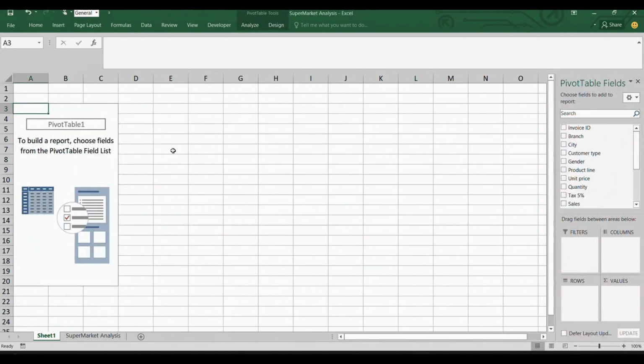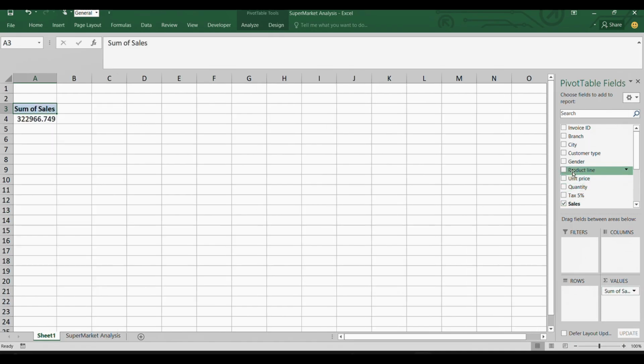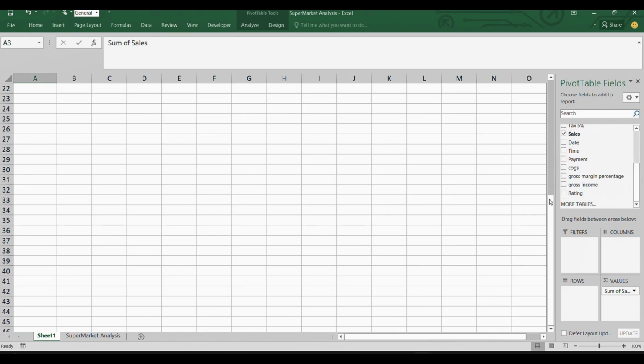Okay, now we've opened our pivot table in a new worksheet. The first table we have to create is a sales by month table. So we go to sales, click it, drag it to values, and we go to date, click it, drag it to the rows,